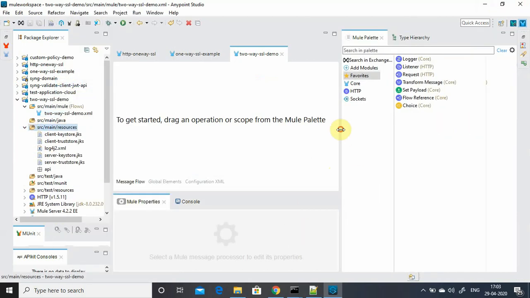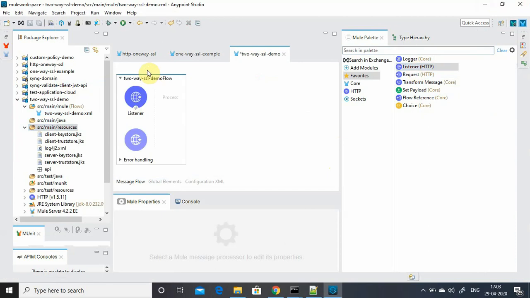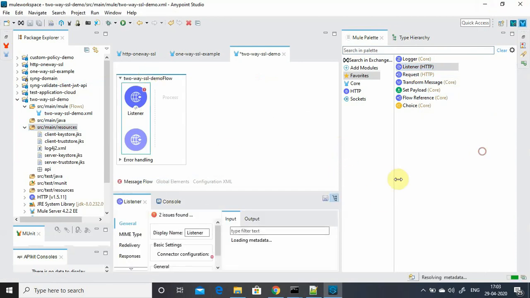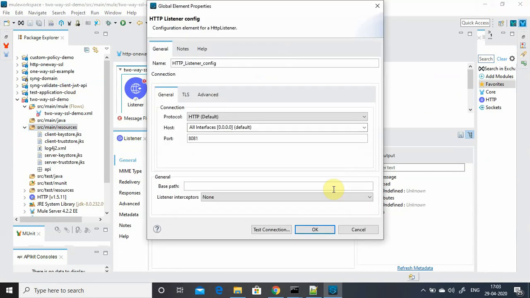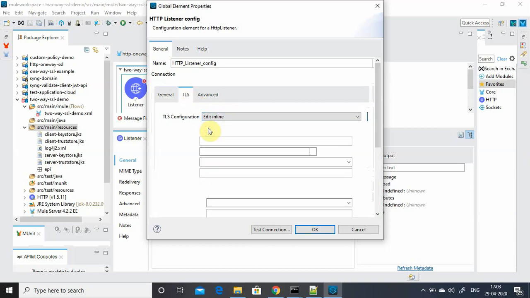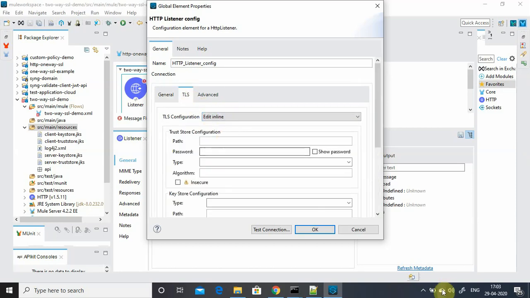Okay, now the first thing, I will drag and drop the HTTP listener. I will create the server first, and let me start configuring the server. I click on this plus sign, change this HTTP to HTTPS. So use the port 8082. Whenever you deploy the application on 8082, you can access that application on CloudHub over the HTTPS protocol. So basically always deploy the application on 8082 when you are deploying on CloudHub to access it over HTTPS. Okay, edit inline. Okay, just give me 2 minutes. I will pause the video.